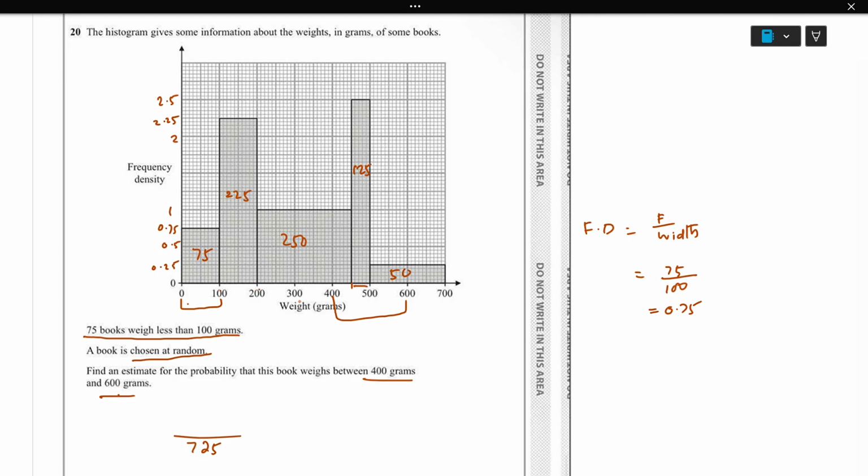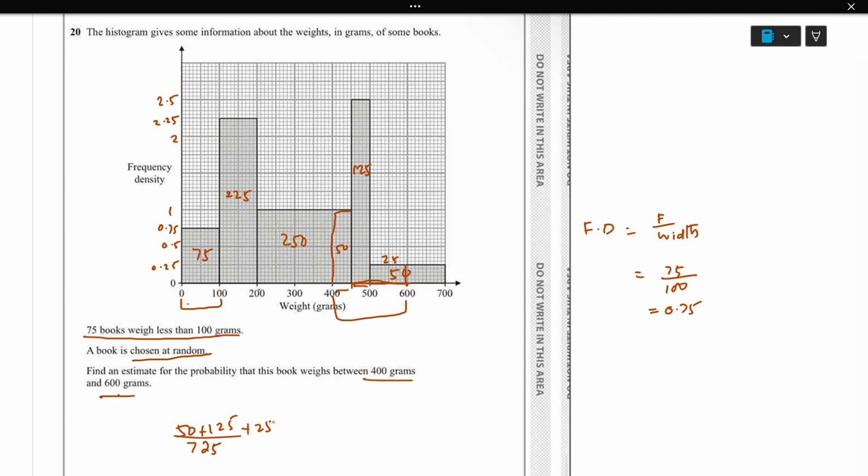Now we need to calculate only 400 to 600. So here to here, all the values we know. Only we need to calculate this part. Here, this is 50 times 1, which is going to be 50. So 50 plus 125 plus here to here, which is 100 times 0.25, which is going to be 25. So 50 plus 125